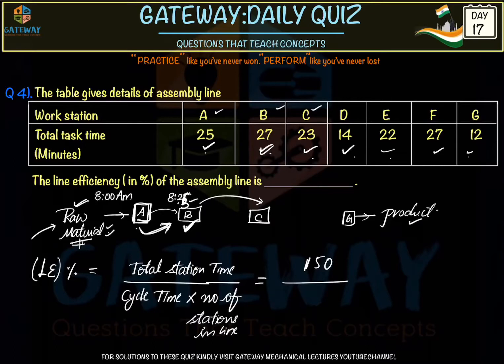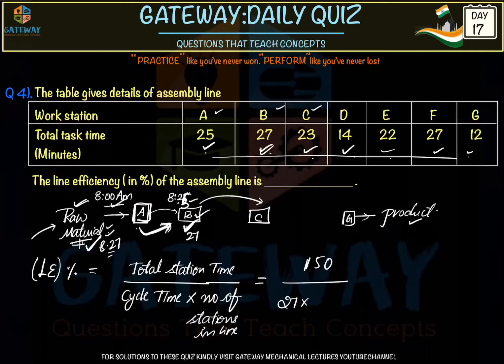Okay, so instead of doing that, we will keep a cycle time. The cycle time is the maximum of all these times. Suppose here it is taking 27 minutes. If we place a product at 8 a.m., then the next product is placed 27 minutes later, at 8:27, so exactly after finishing at B, our next product will enter there. There will be no idle time. In that way, the cycle time is the maximum of all these times, and 27 minutes is the maximum.